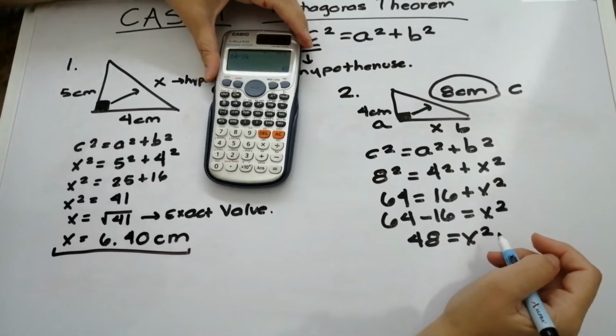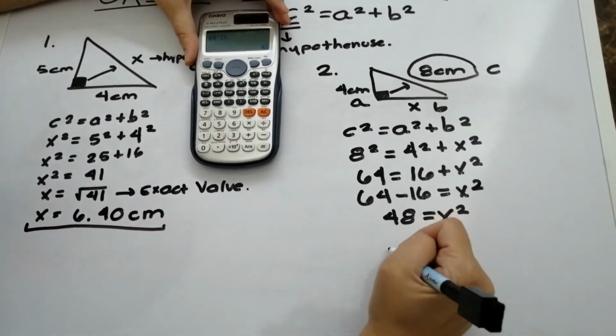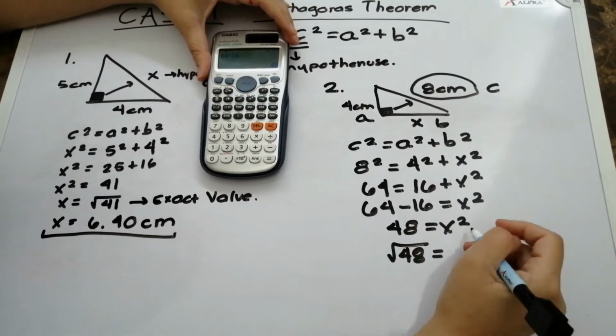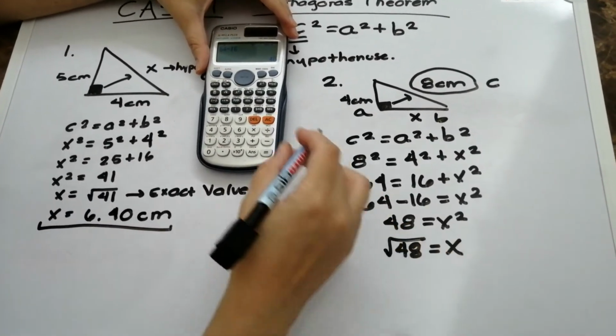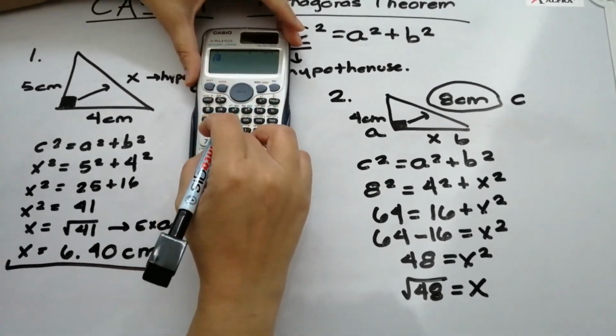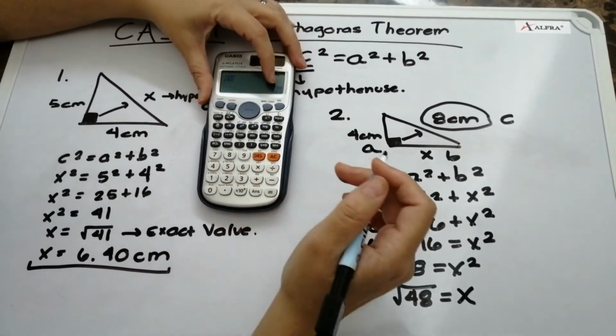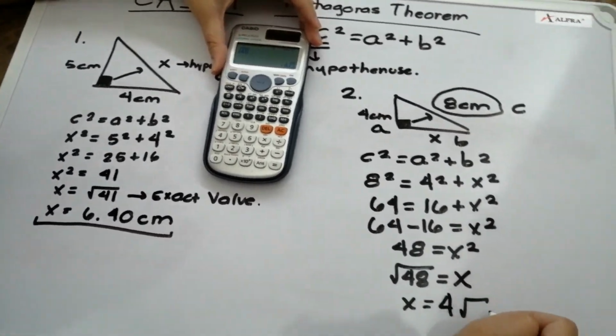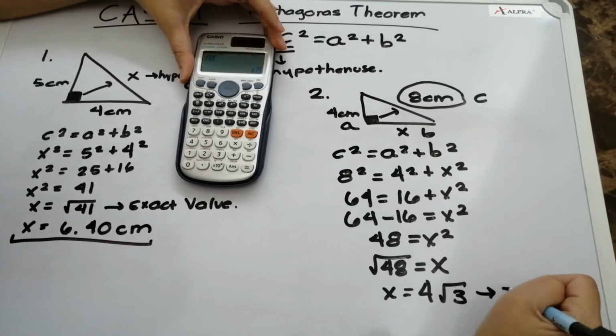Then this square I get rid of by taking the square root of 48. The square root of 48 simplified is 4 square root of 3, which is the exact value,